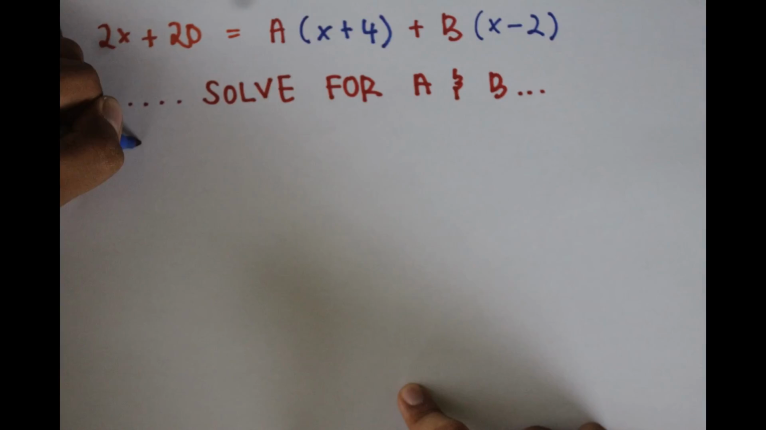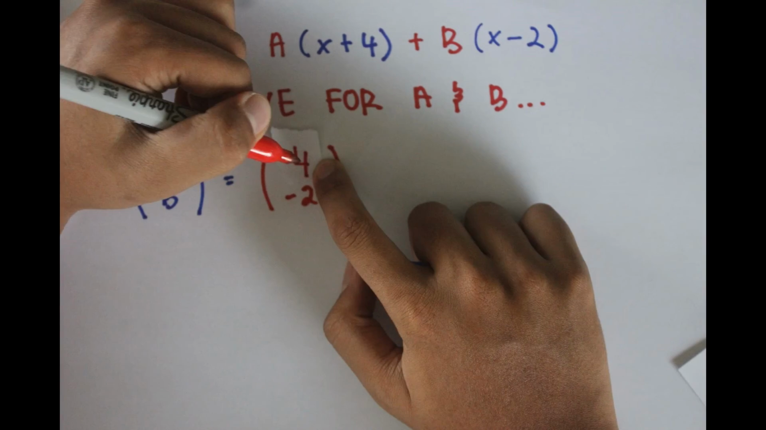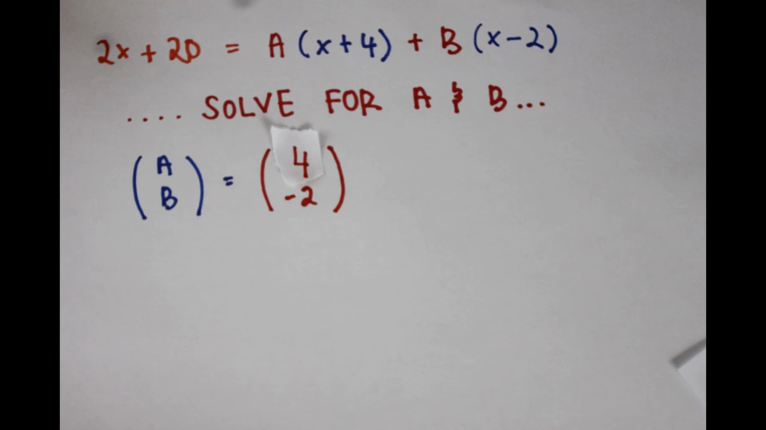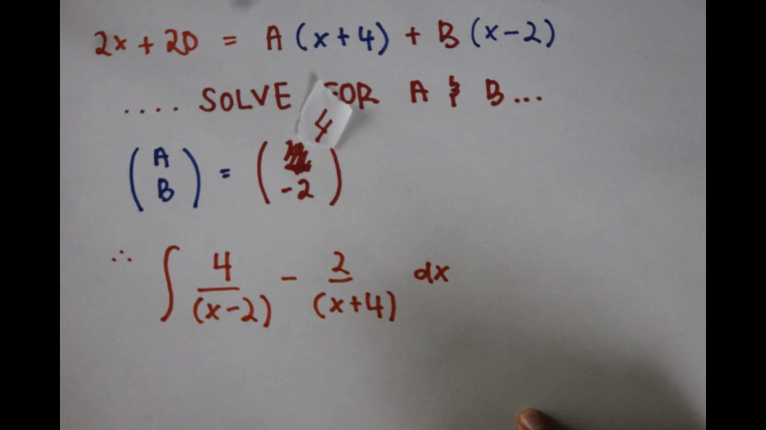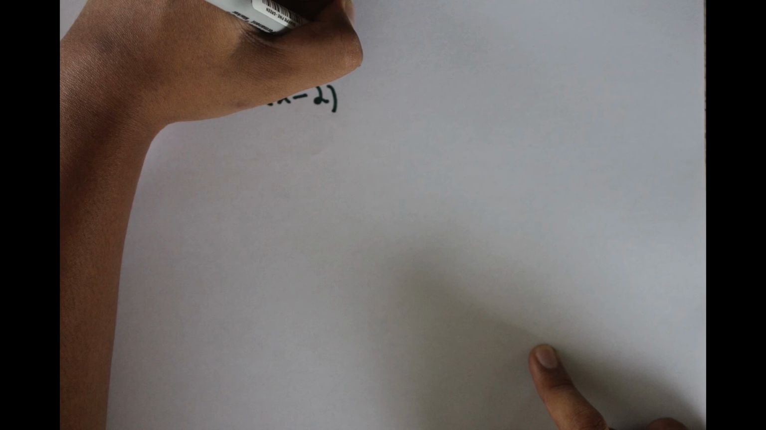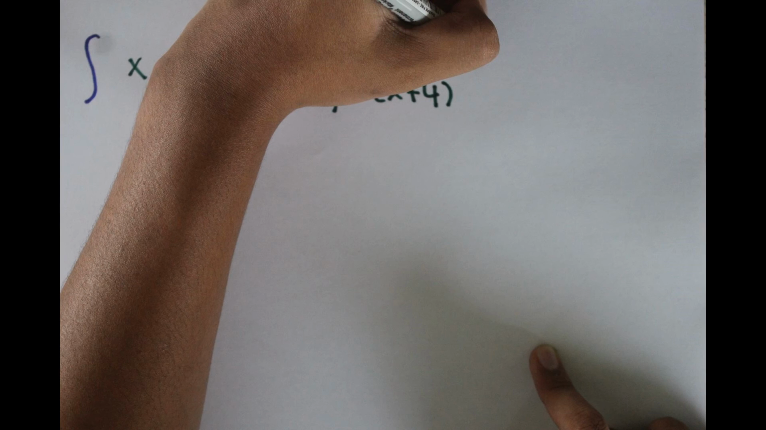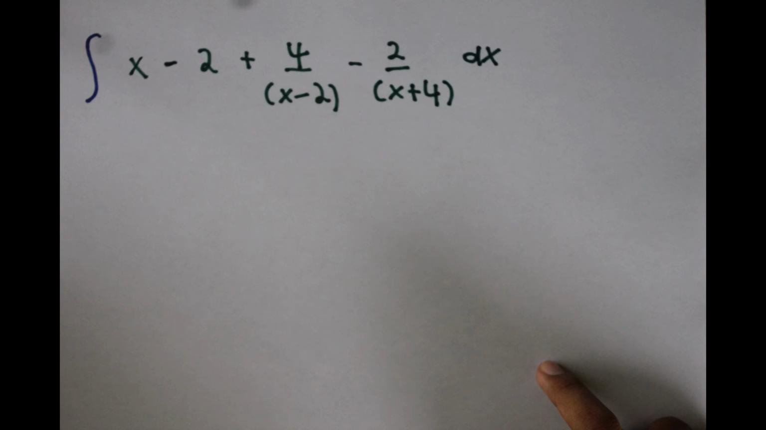Substitute x equals to negative 4 and x equals to 2 into the equation, and you will get a equals to 4 and b equals to negative 2. Hence, you will get 4 over x minus 2 minus 2 over x plus 4. You will get the final equation of x minus 2 minus 4 over x minus 2 plus 2 over x plus 4. Thus, it is easier for you to integrate the new expression, in which you get